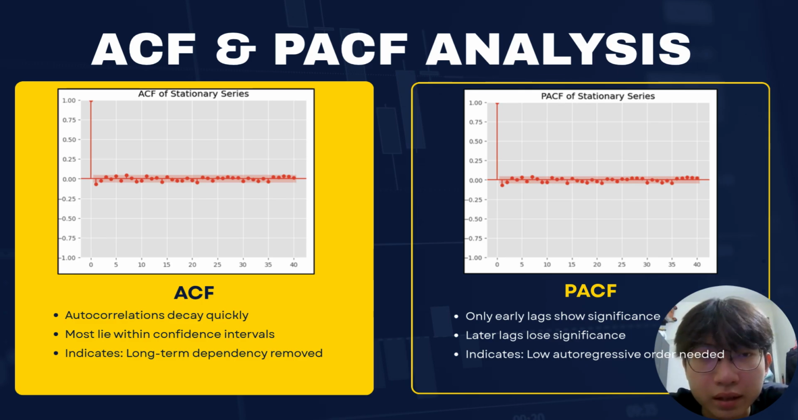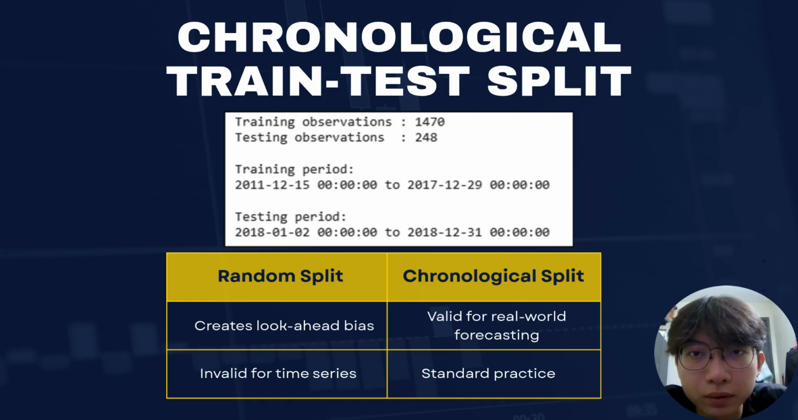For the ACF and PACF analysis, after applying log transformation and differencing, the ACF now decays quickly, with most autocorrelations within the confidence interval, which means the long-term dependency has been removed. The PACF also shows that only early lags are significant, while later lags lose significance, indicating we only need a low auto-regressive order. So I split the data chronologically, training data from December 2011 to December 2017 with